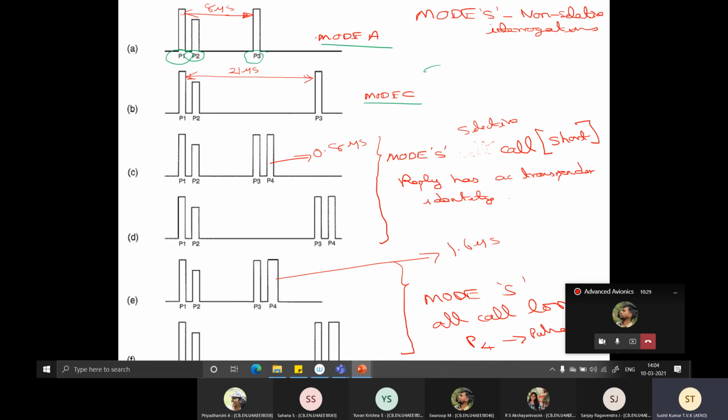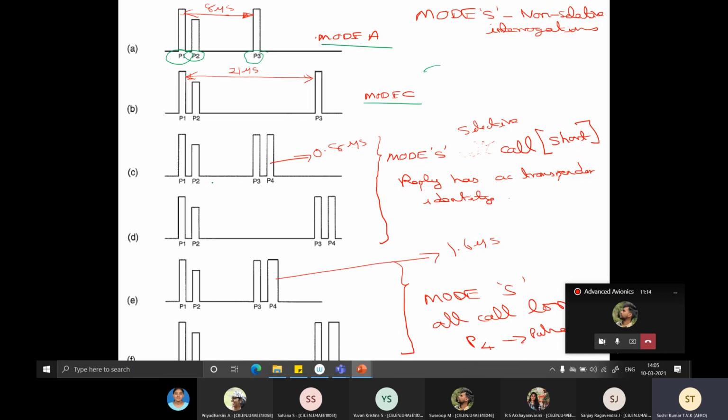Historically, what happened was when they implemented mode S, majority of the aircrafts are still using mode A and mode C. So if you develop a new system, it should not only meet the additional specifications, but it should be compatible with the existing systems also. It's something like your Windows, okay? When they come out with some Windows version, it is downward compatible with the previous versions. So similarly, when they came out with Mode S, they ensured that the same equipment works well for the previous modes also, that is A and C.